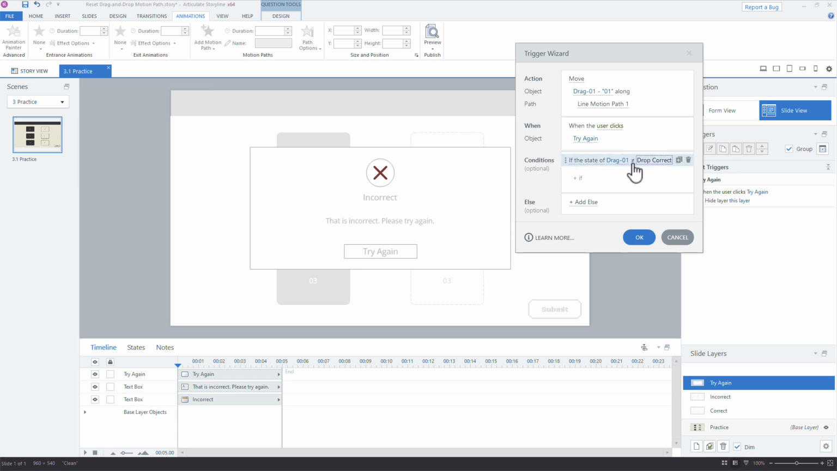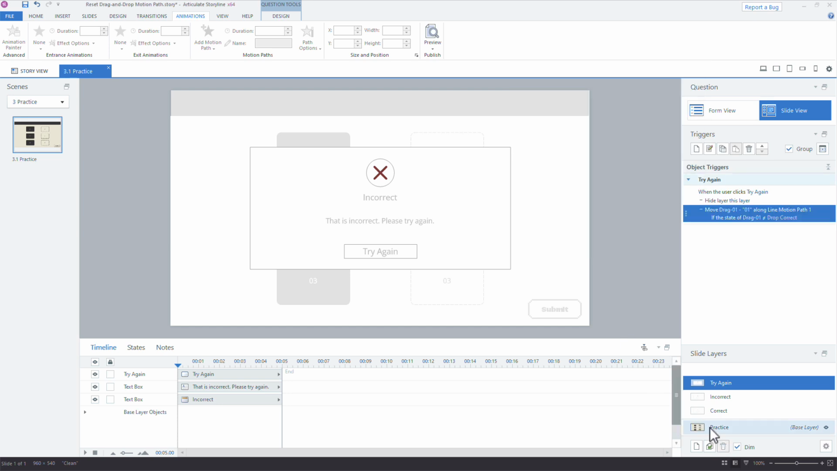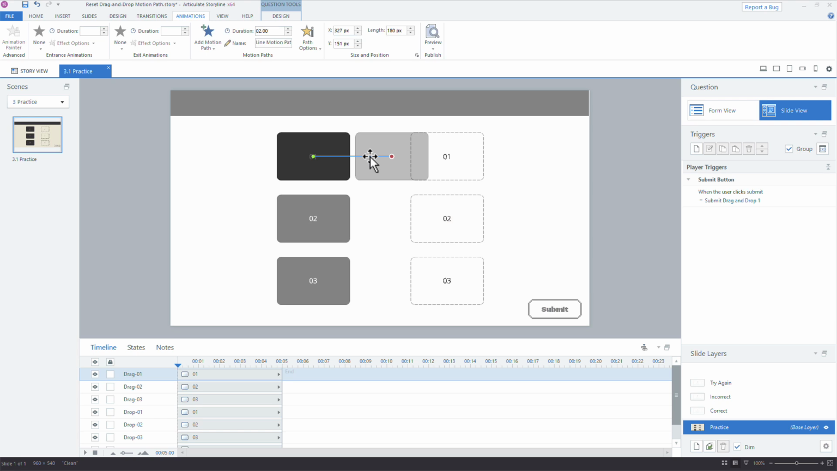The reason we want to use the not equal to is because we have multiple drop targets. It could be on number 3, it could be on number 2, or depending on how many targets you have, you don't want to trigger for each one of those, right? So we'll say, as long as it's dropped anywhere and it's not drop correct, go ahead and move it along that motion path. Okay, now I'm going to come back to the base layer, and I haven't changed the length